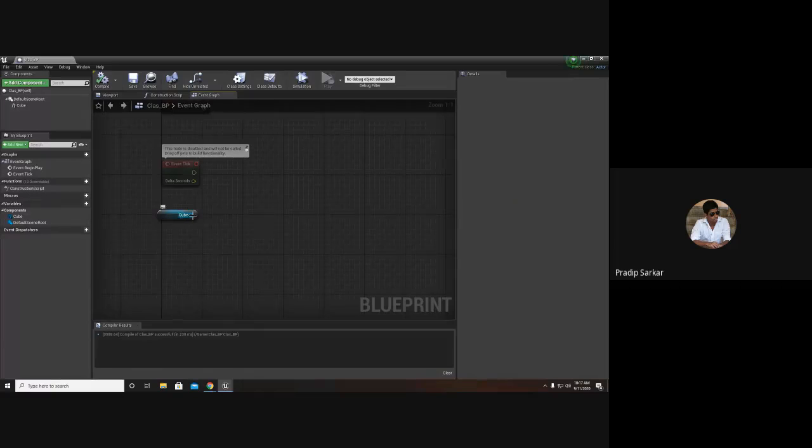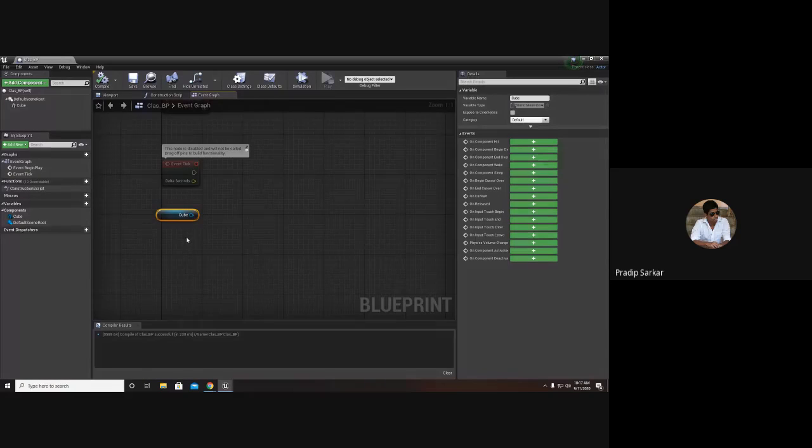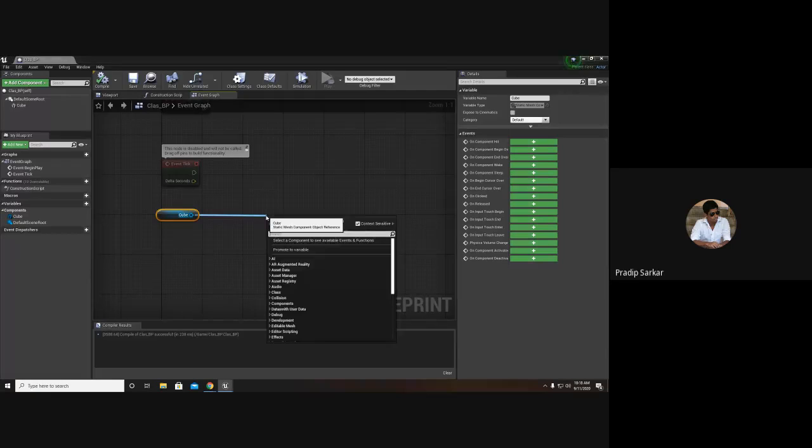So from this cube reference, I have a small blue colored circle with an arrow. From there I can drag. Wherever I leave it, it will give me a search panel.